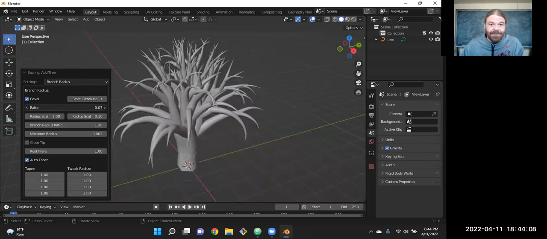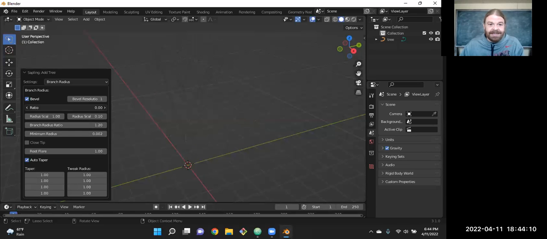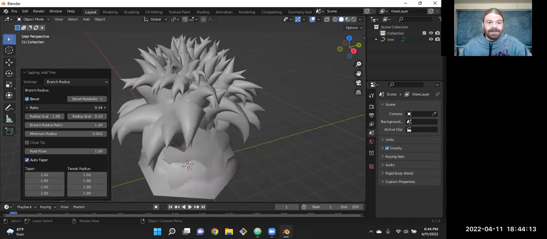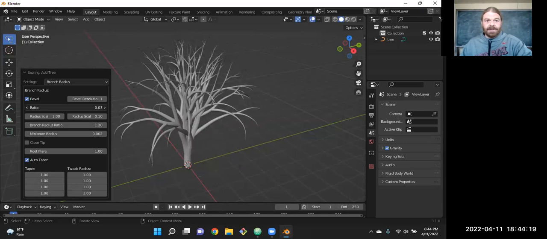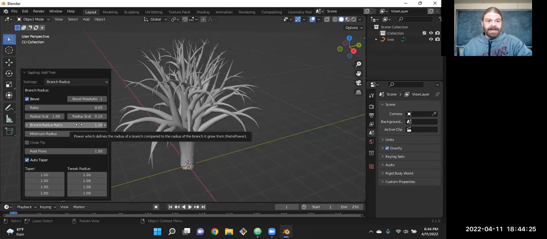Set some ratio between the tree and the branches, which again, moves very, very quick. So if you hold down shift, it moves a lot slower. You can adjust that, get down to the right shape of tree you want. Branch radius ratio,